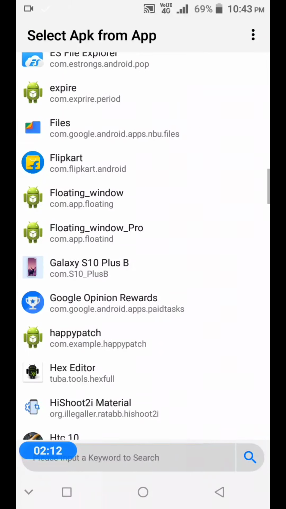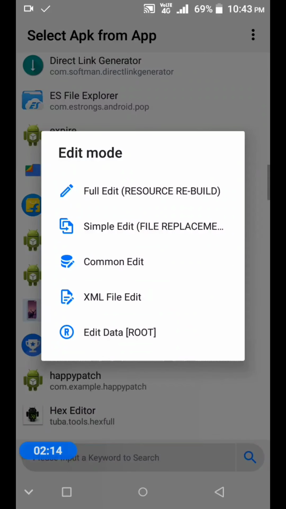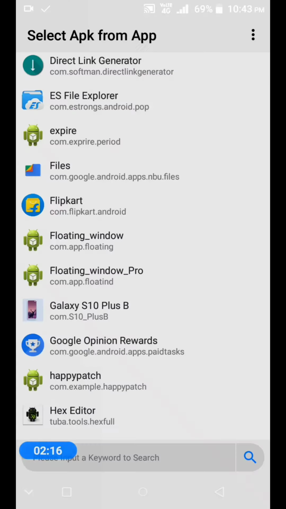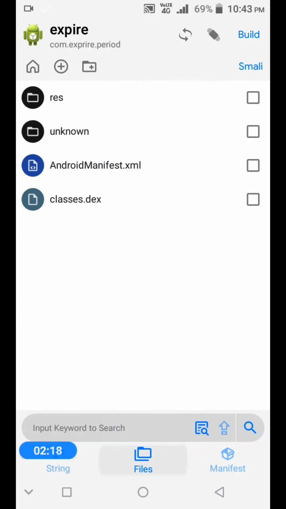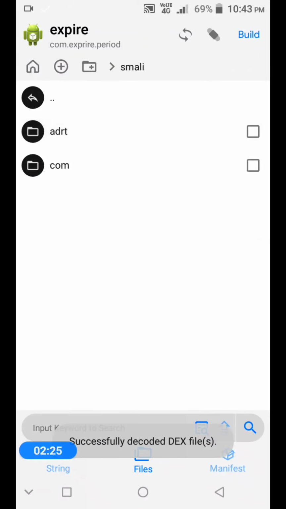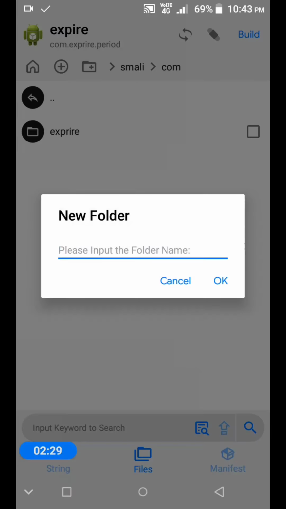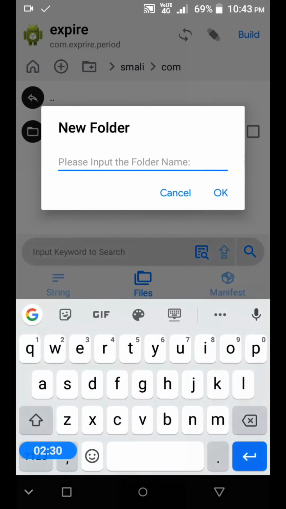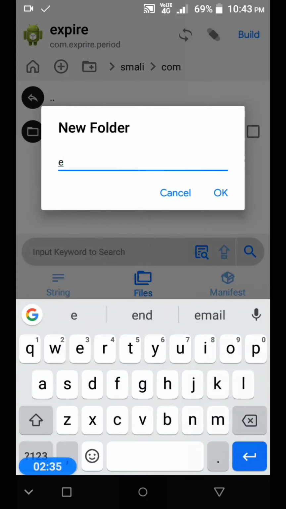Let's decompile the app in which you want to add the login. Here my target is to add it in the expiry app. Click on Smali. In Smali you go to com and add one folder with the package name in which the login page was created, which is example.